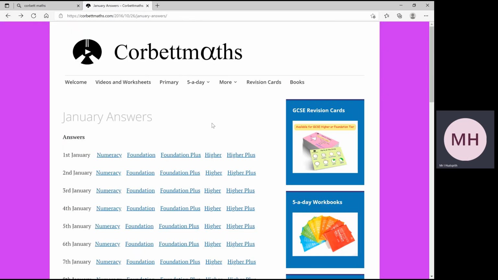As with the primary section, the age of your child and which tier they're studying at GCSE, whether it's foundation tier or higher tier, will determine which sets of questions they should be attempting. But as with the primary section, I would just select one of those 5 sets of questions, let your child have a go at those questions, see how they do, and then you can decide which sets of questions to